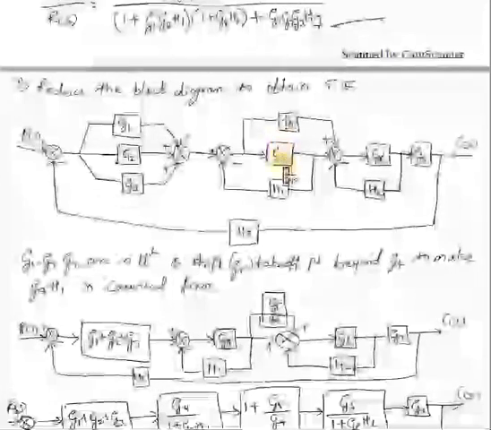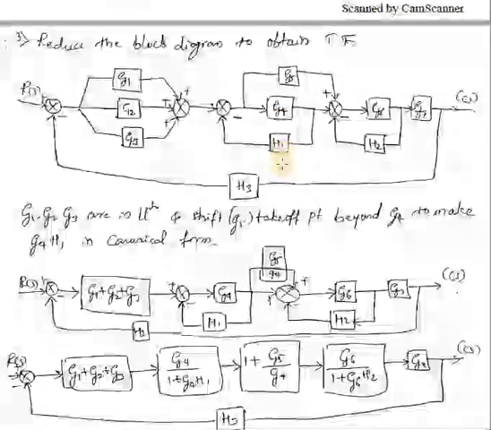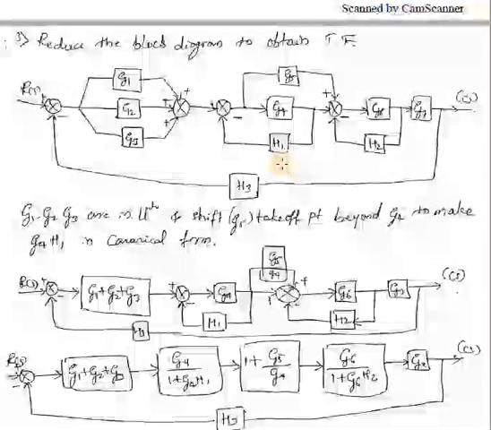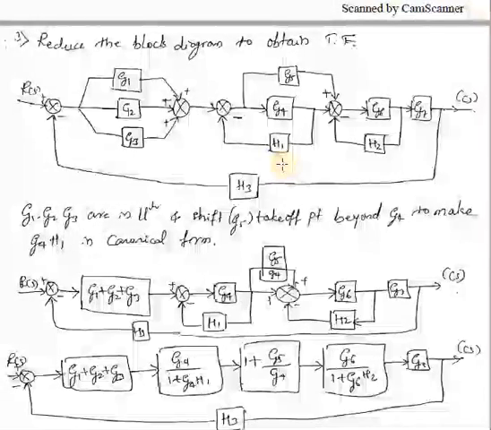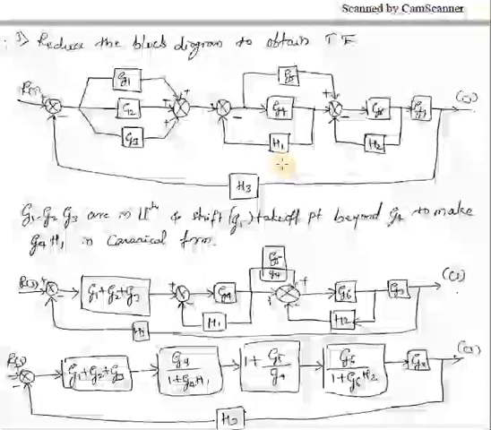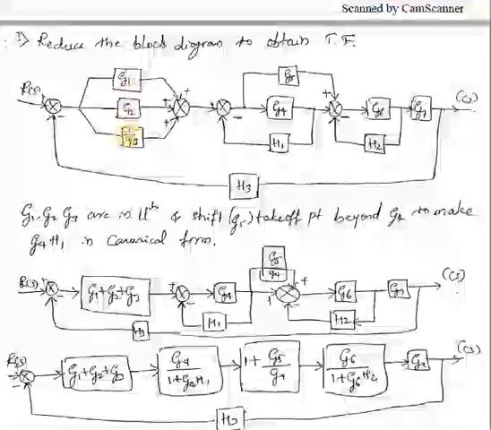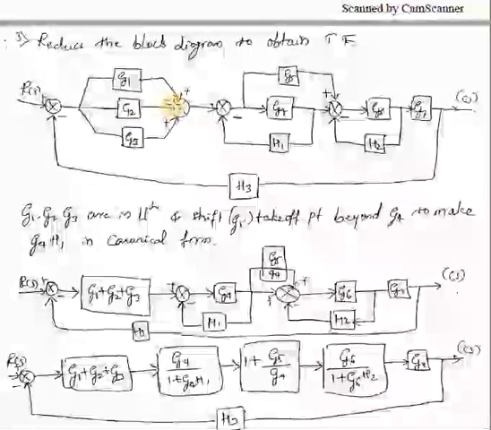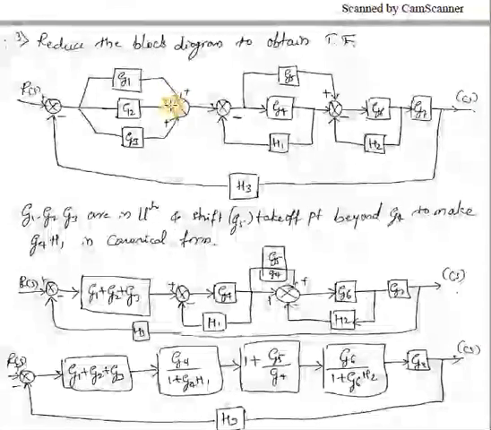Then moving further, the next problem. So here also it has asked us to reduce the block diagram to obtain the transfer function. As I said, first you need to check for the series or parallel combination or any canonical loops. So here if you see, these three are in series, G1, G2, G3, and all are fed with this plus sign. If any one of these is fed with the minus sign, that time you have to consider that